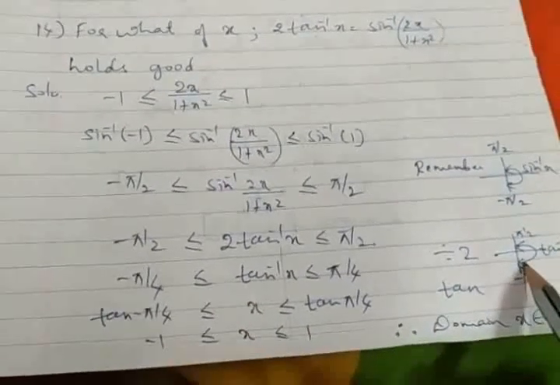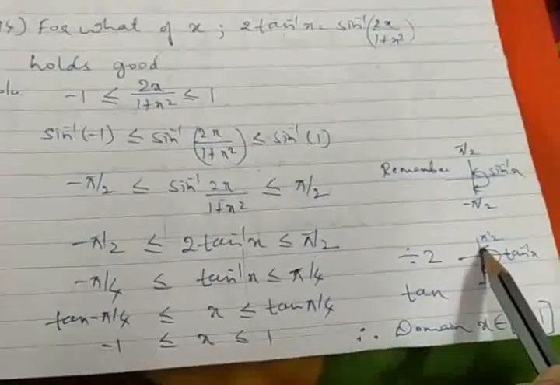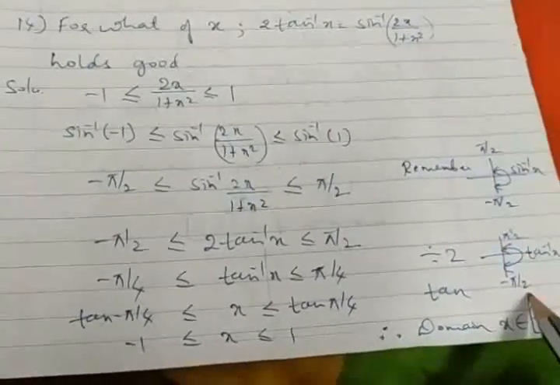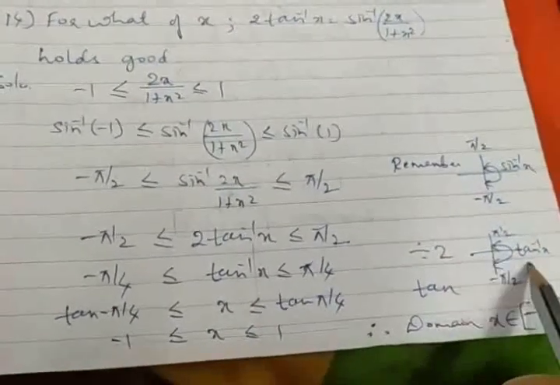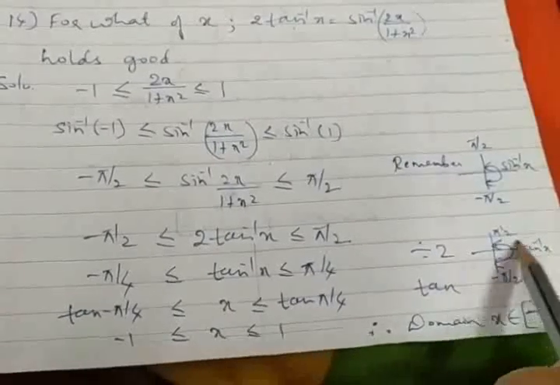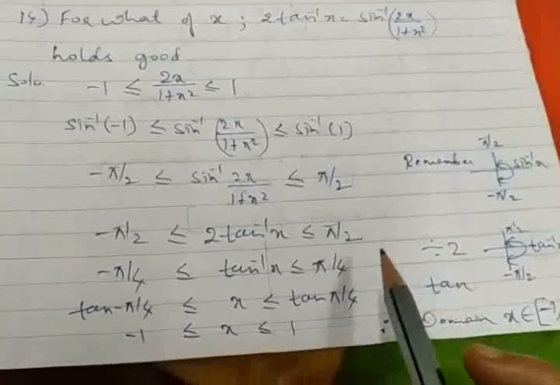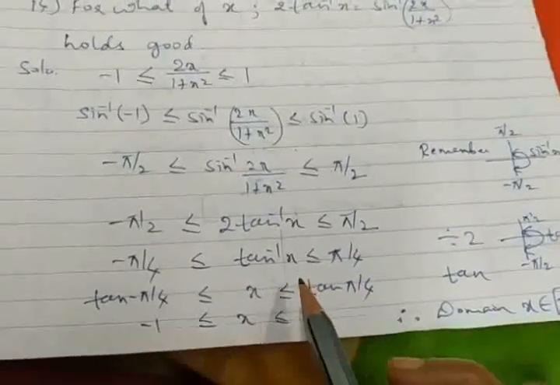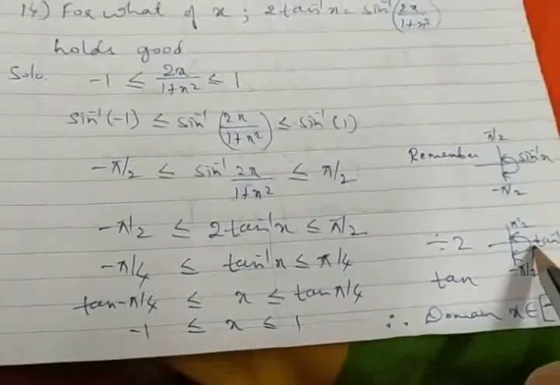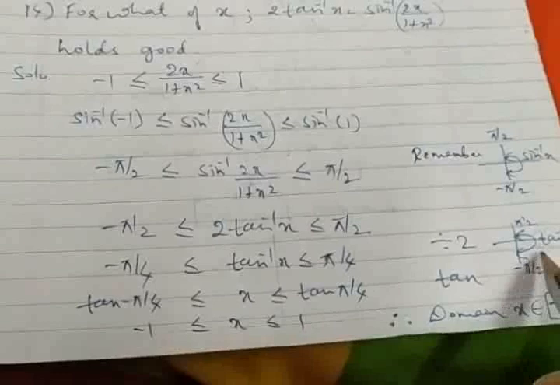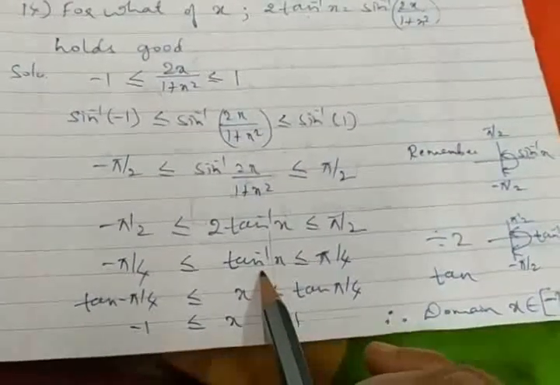Definition of tan inverse x, where the range has been discussed for tan inverse x as minus pi by 2 to plus pi by 2, an open interval. Got it? Minus 45 degrees is somewhere here and plus 45 degrees somewhere here in the first quadrant. So what is the common part here? Once again, the common part has to be considered. Are you getting it? Here tan inverse x goes from minus 45 to plus 45, and when I recollect the main definition, it is minus 90 to plus 90, an open interval. I find that this will act as a common domain.